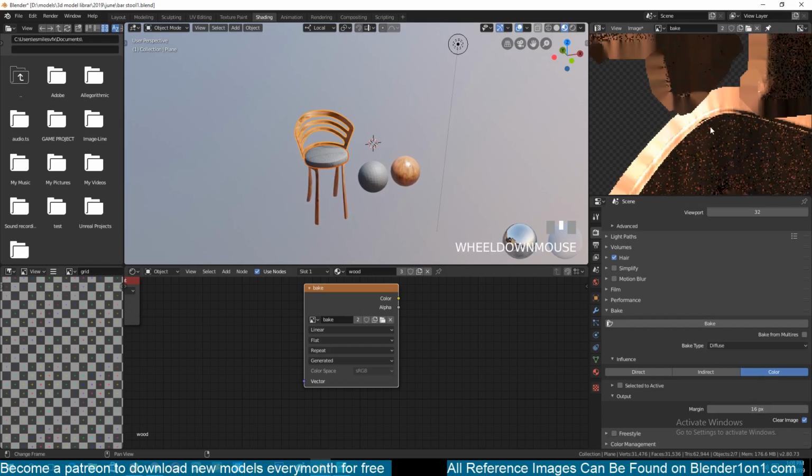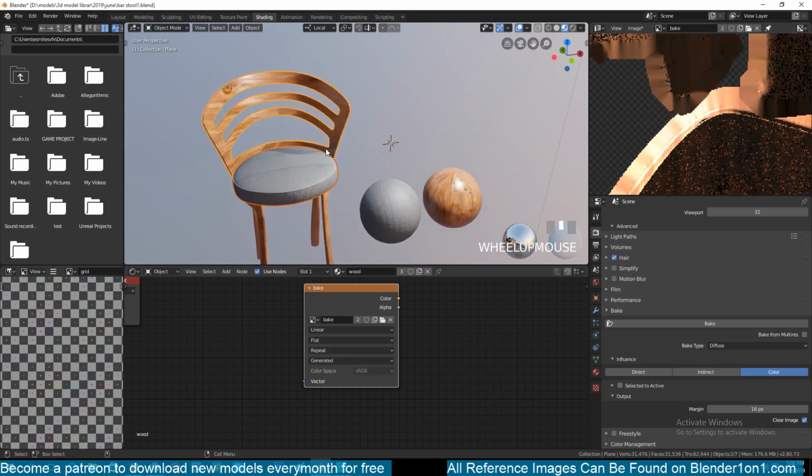Whenever Blender is baking, it adds a few extra pixels, basically bleed room, so that the textures don't bleed into the other textures, and that is determined by this margin. The higher it is, the more extra bake you get. So I'll just set it to 3 pixels because I don't need that much margin. And now if we bake,